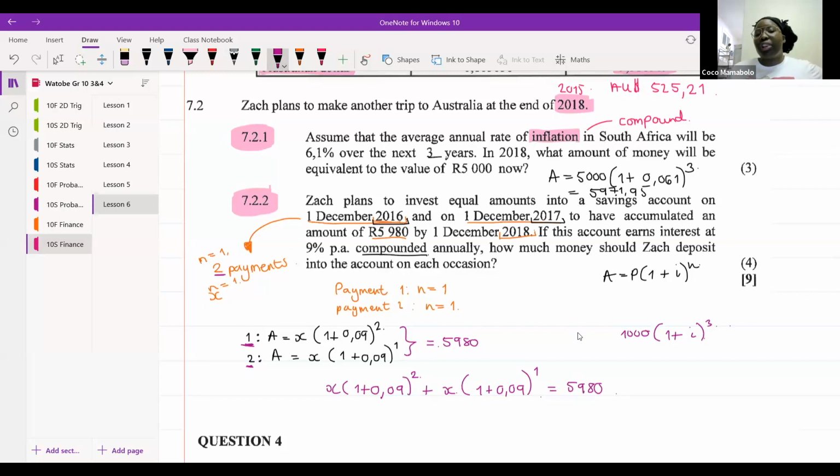Excellent. All right. So what I'm going to do here now, guys, is go back to basic algebra. And when you thought you ran away from algebra, here it comes back to you. X and X are an HCF, a highest common factor. So we're going to take X out as a highest common factor. We're going to have X and then open brackets, and what we're going to have left is 1 plus